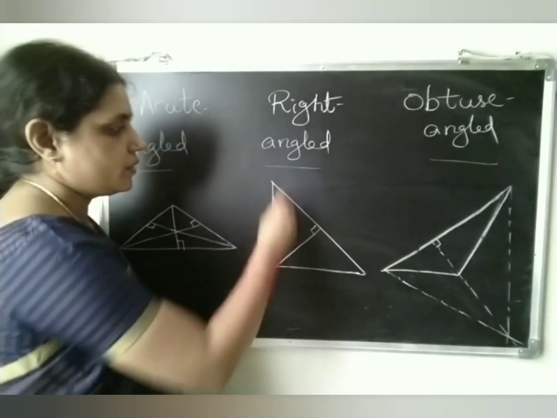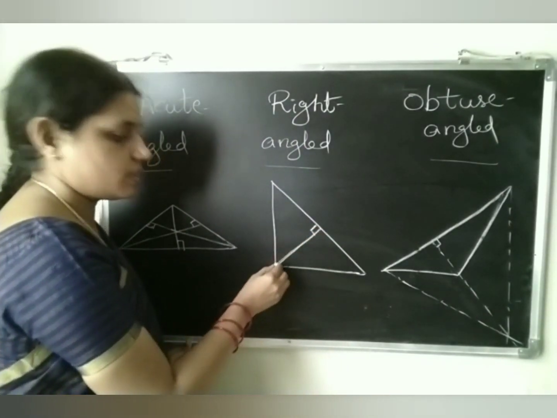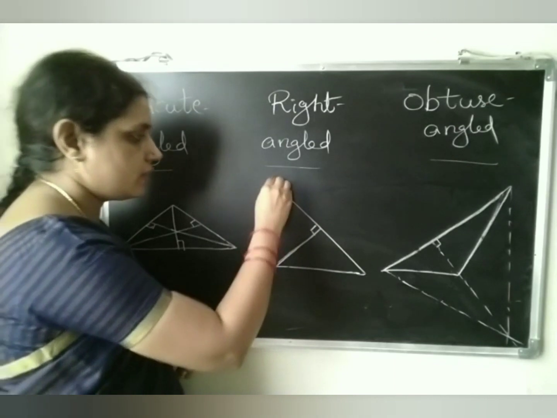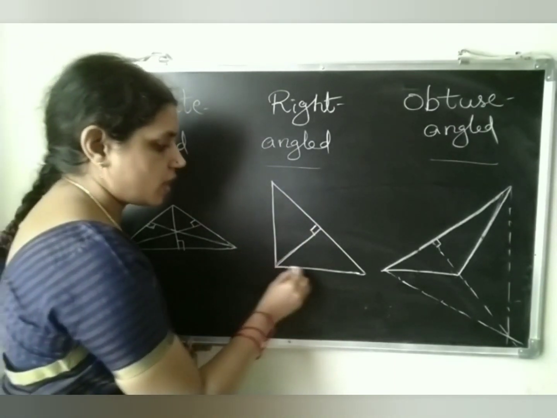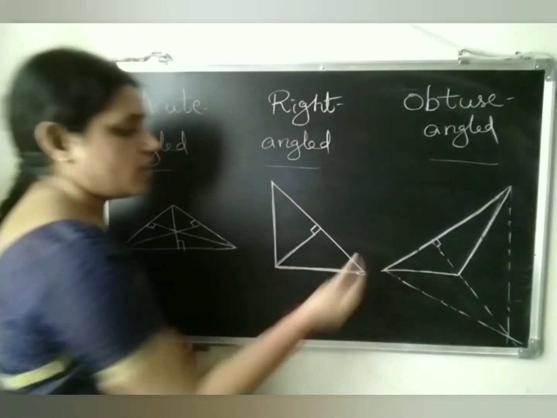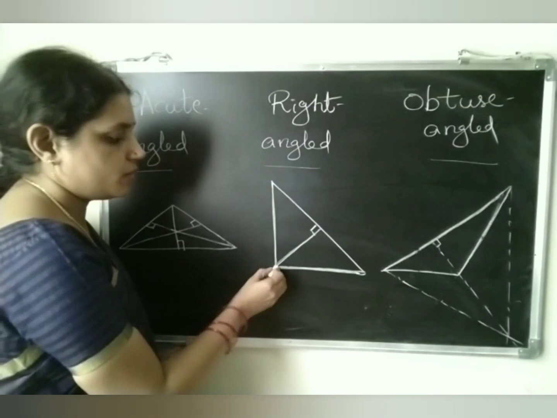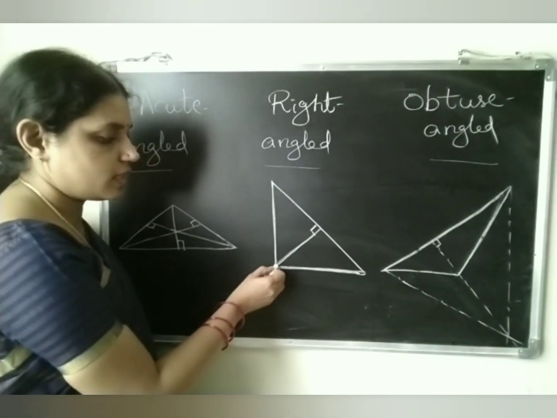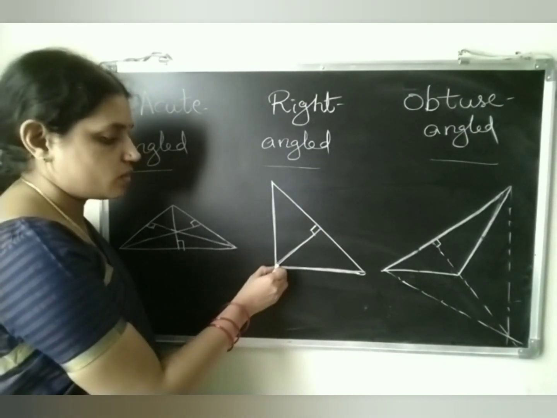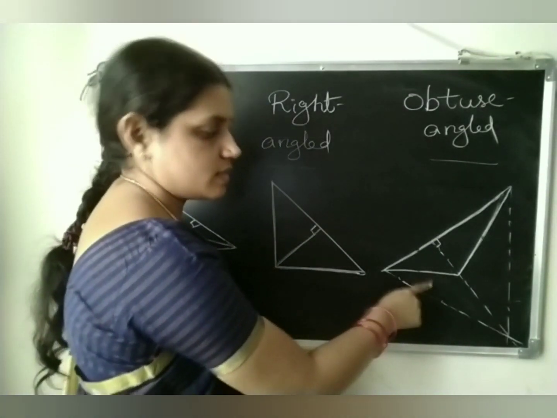Whereas here, this is a right angle triangle, one altitude lies in the interior and the other 2 altitudes are 2 of its sides only. So these 2 sides are altitudes also. So here all the 3 altitudes are meeting at the vertex where the right angle is formed. So here the orthocenter falls. Now here this is an obtuse angle triangle. This is just a rough sketch.